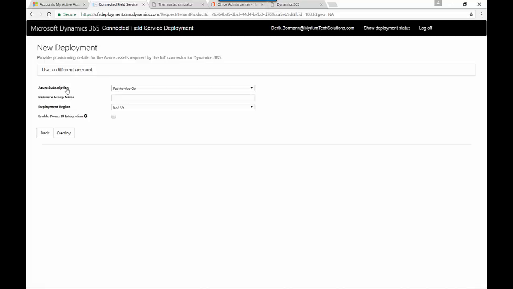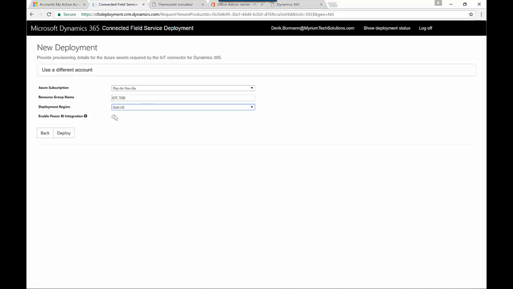This is where you have to have some type of active Azure subscription, whether it's a trial or a subscription that you currently own. Now you're going to create a resource group. The natural inclination when you see this is to assume that you actually have to go in and create the resource group inside Azure before you can deploy it. Actually, if you try to do that, you will get a few errors. It just won't complete its authorization process. So what you're basically going to do in this situation is just make up a name. So in this case, we'll just